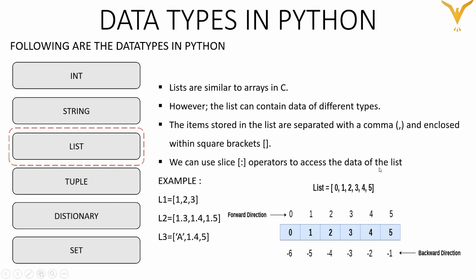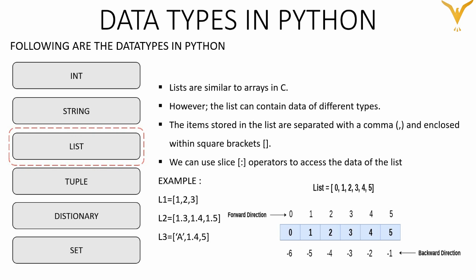Now one more. Here in the diagram we have created a list which consists of 0, 1, 2, 3, 4 and 5. So here I have shown you in a diagrammatic way how the lists are stored. Here this is the index number. What is the index number for 0? 0. As I said before also, index number always starts with 0. So we have 0, 1, 2, 3, 4, 5.